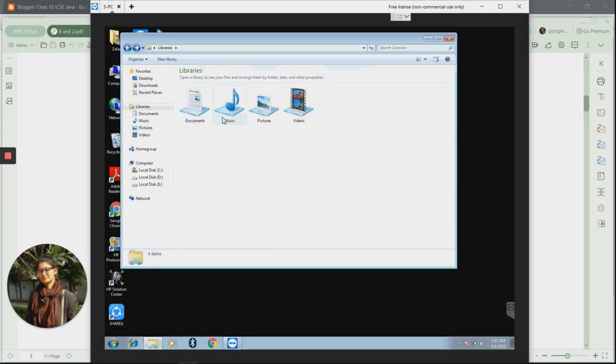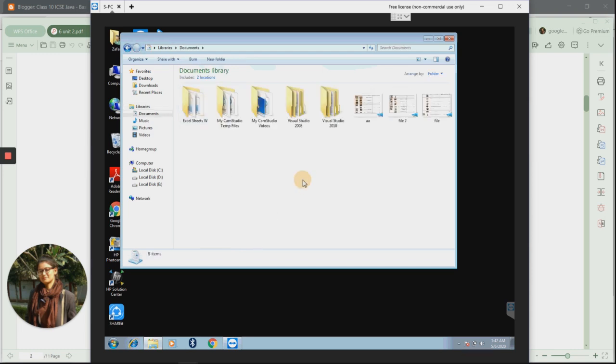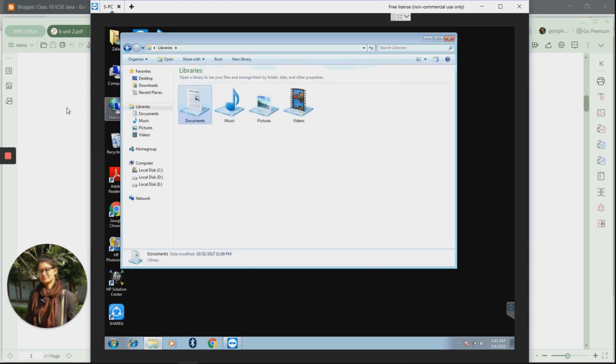Now students, now we are in the library, so it's going to give you library and 4 items. And if I just click on this document over there, it is going to give the modified date as well as the time also. Okay, and if I click on any particular file, then it is going to give you all the things: its size, its date modified, the name, title if it is there, and author and all these things regarding the same. So basically, this is what your status bar says. Okay, it shows all the information regarding your folder or any file. Okay, I think it is clear.